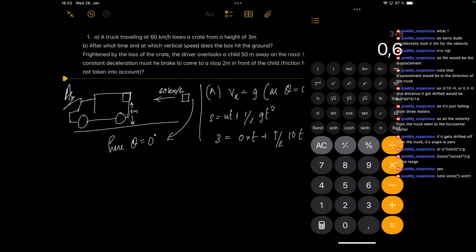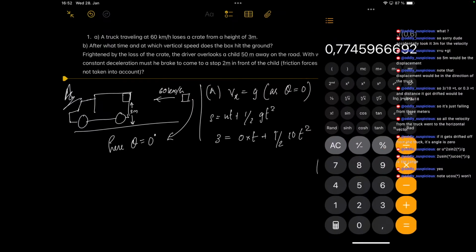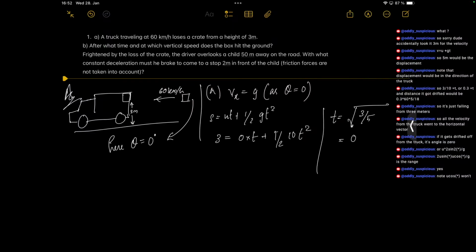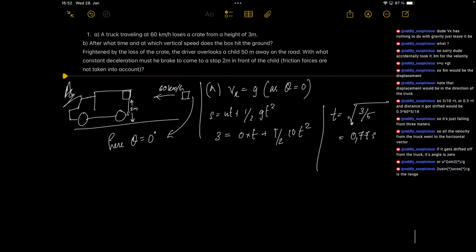Oh, the root of that is going to be even smaller, right? 0.77. What? Root of 0.6 is 0.77 seconds. Now,